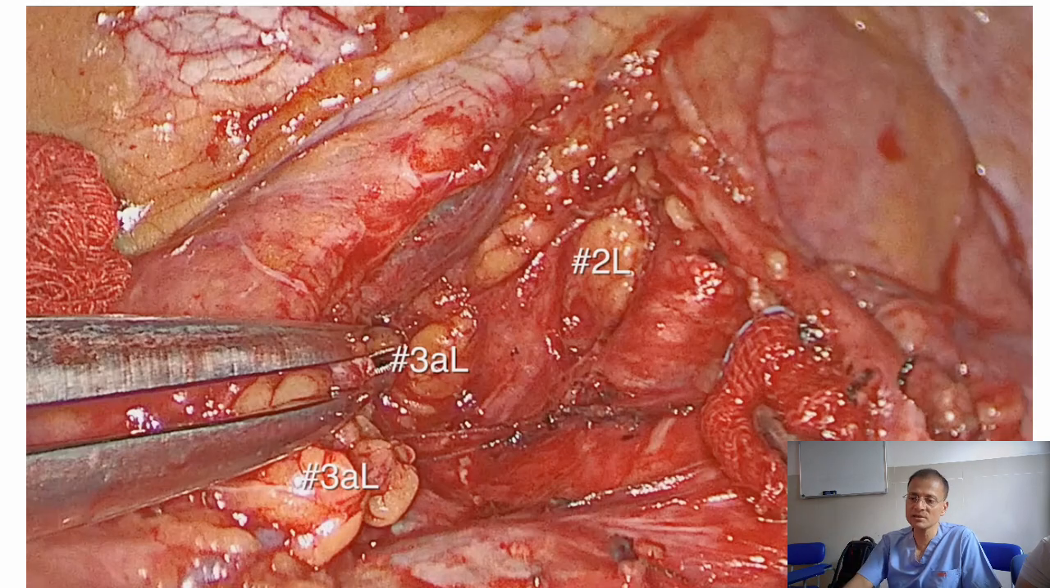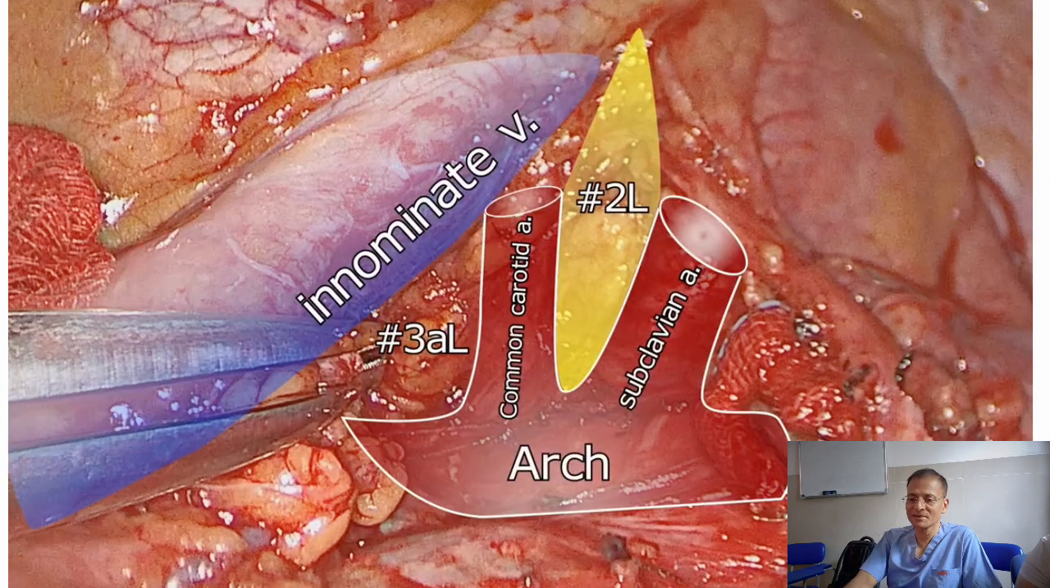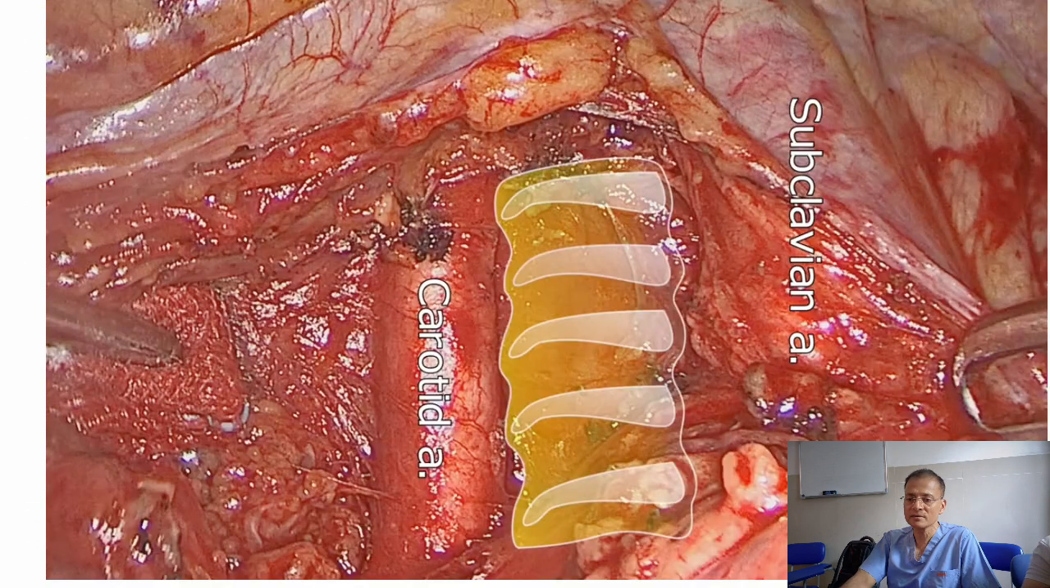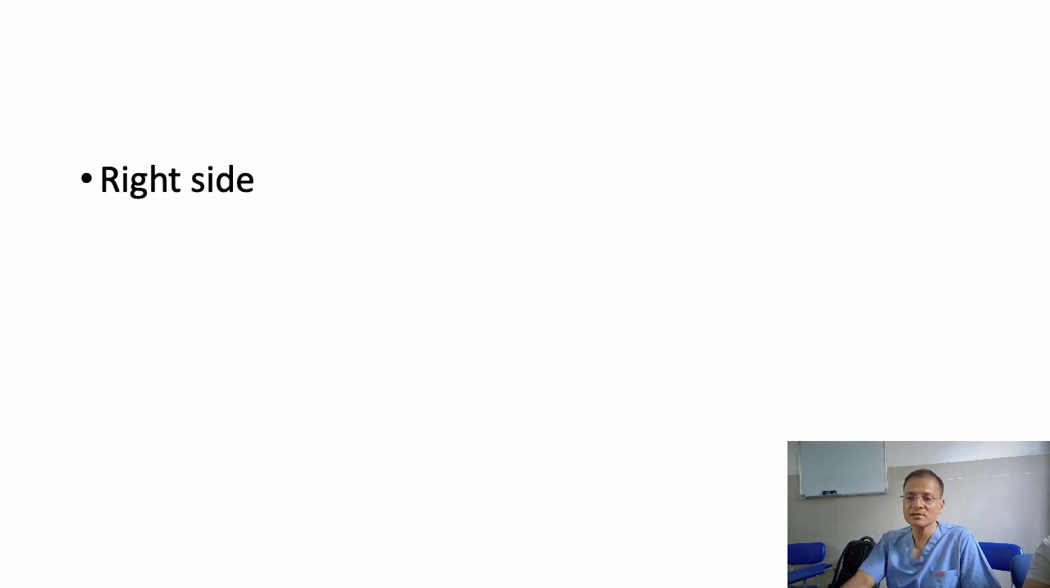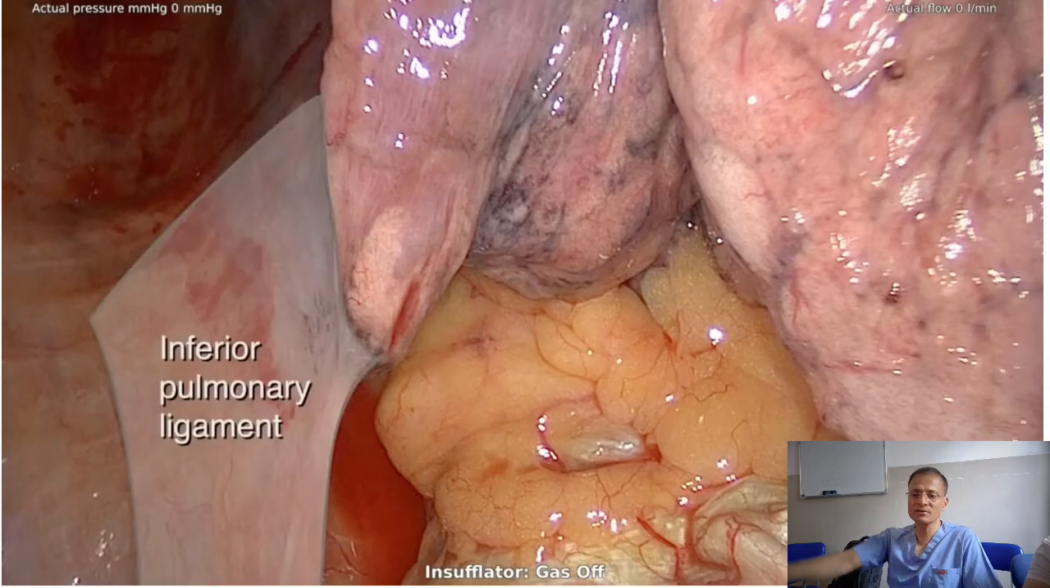I made a mistake while speaking, okay. Again here it is clearly 3A, 2L is here. Now the common carotid artery, the interior part here, that would be 3A for the left side, right? This is the carotid artery, this is the subclavian artery, the 3A group of the lymph nodes very clearly seen here, 3A. Now for the right side, I followed the left side, the right side again, inferior pulmonary